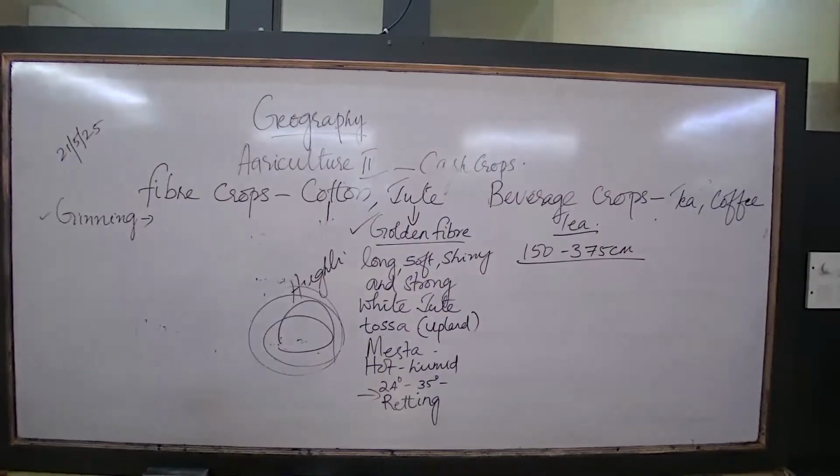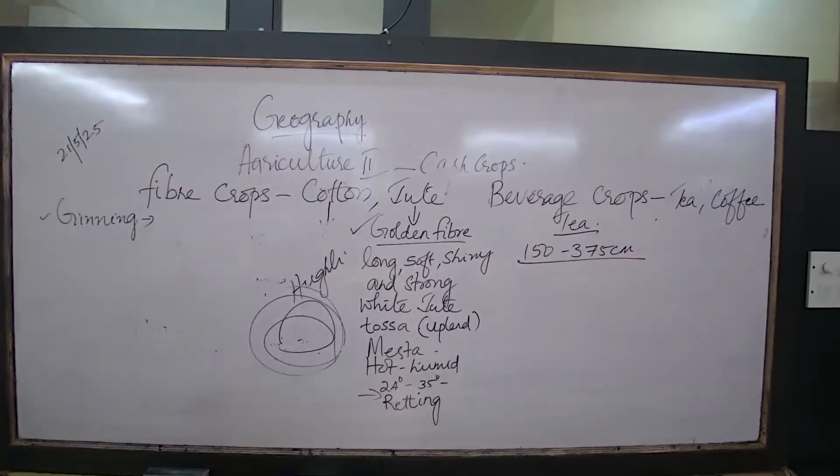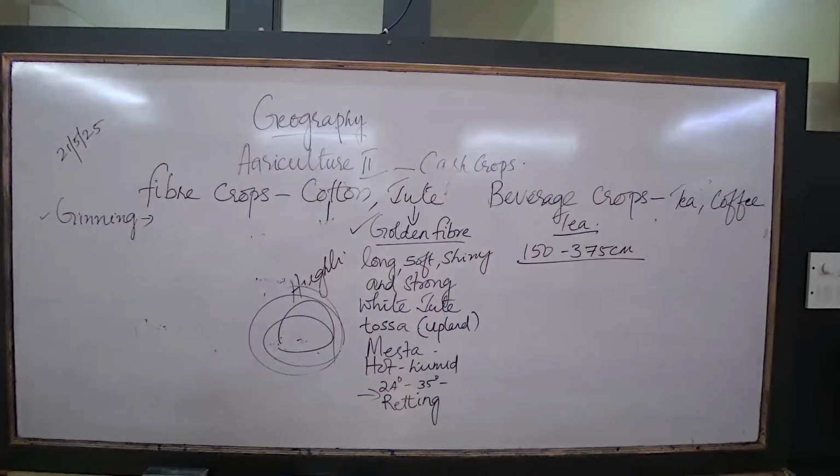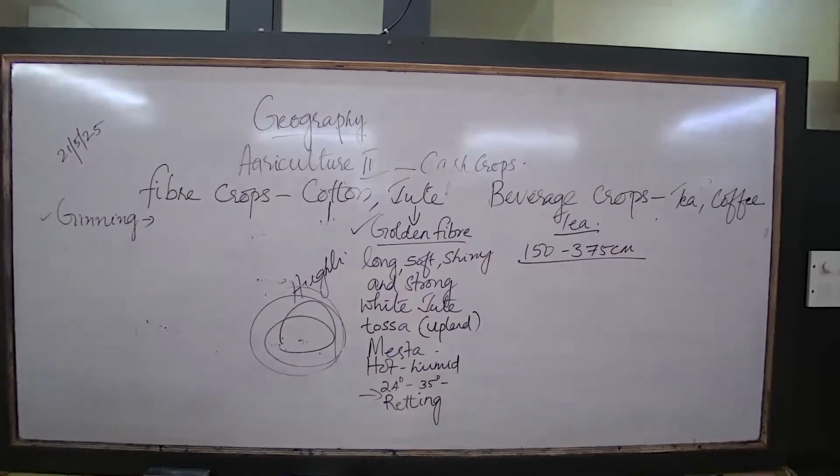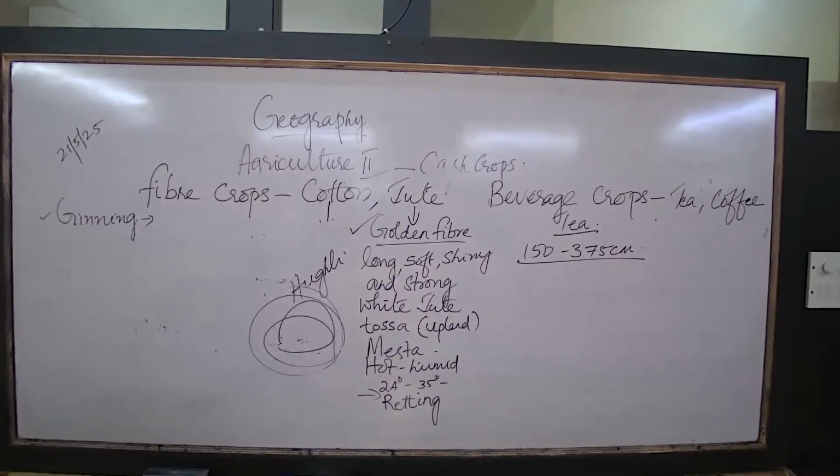Understood. The smoke is allowed to reach there to get a black color, because black tea only we need to get. That is the major item of export. So for getting the black color, there is a process of drying, not in the sunlight, by giving smoke.